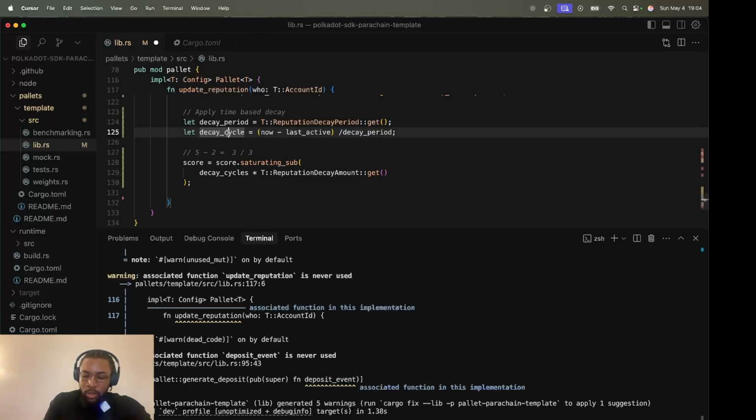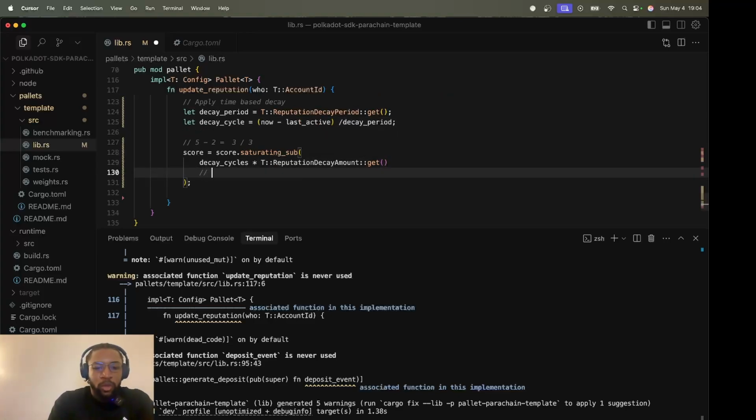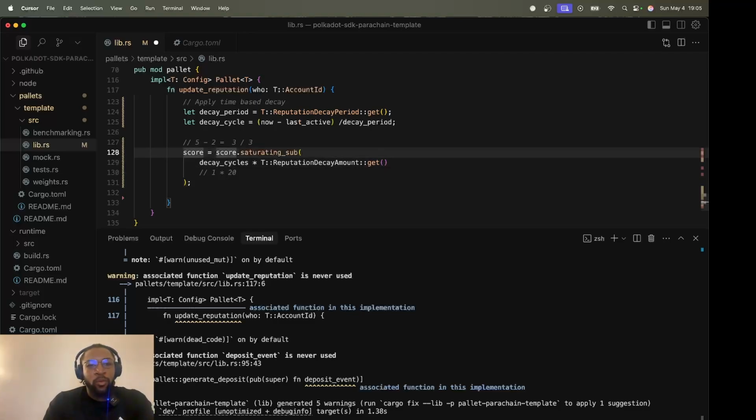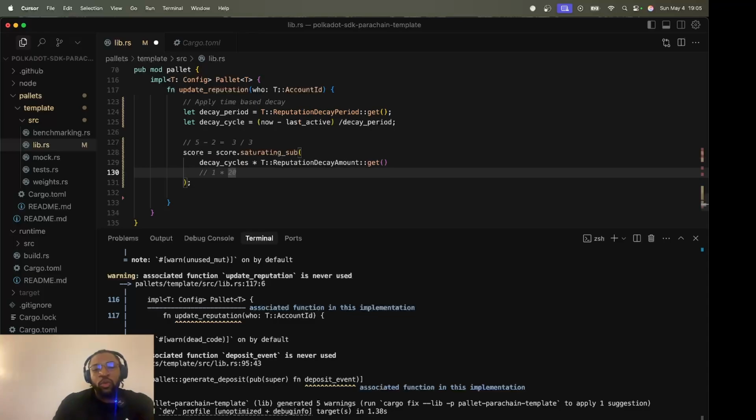It's just one cycle since this user performed his last action. So 1 times the decay amount. Let's say the decay amount set on chain is 20. 1 times the decay amount is 20. So that's 20. It's just 1, but still he hasn't performed an action since then.